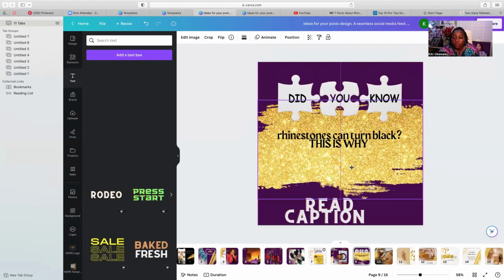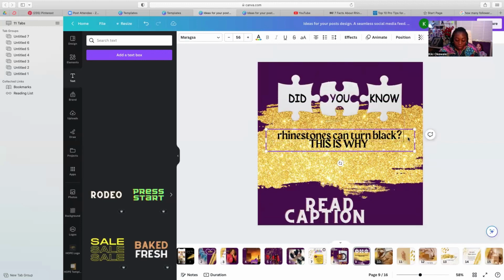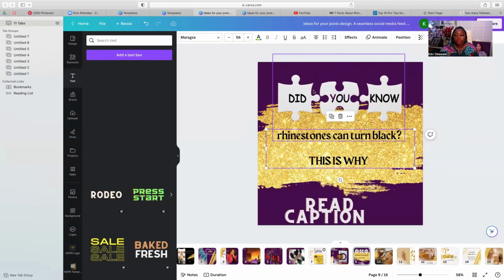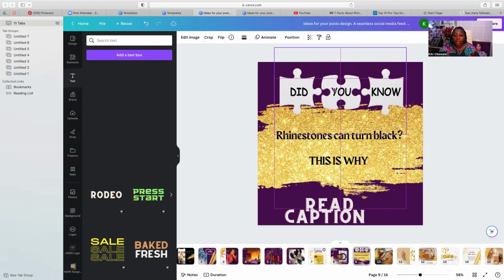So let's bring this. Did you know rhinestones can turn black? Let's give our R here, capital R. All right, let's bring this back. Did you know rhinestones can turn black? This is why. Or if you even want them to read, you can